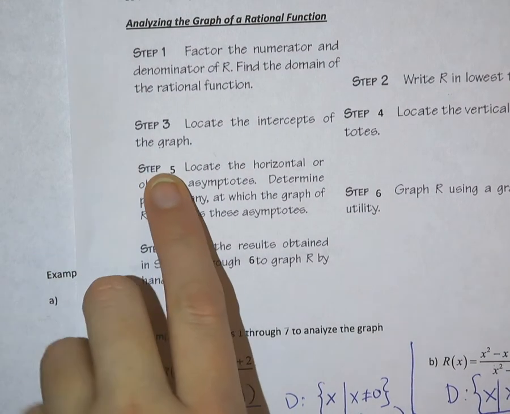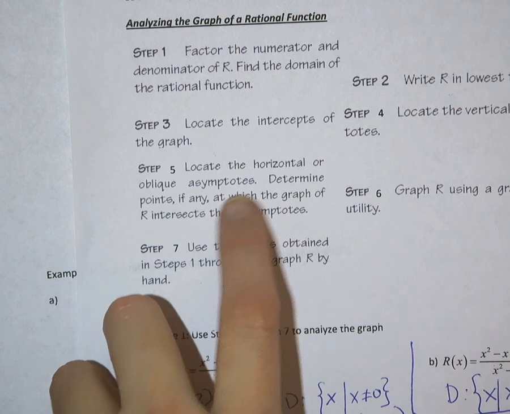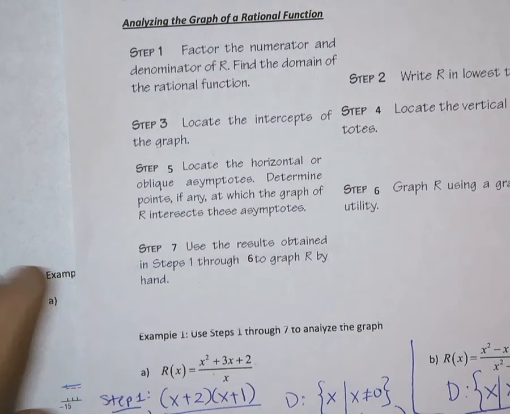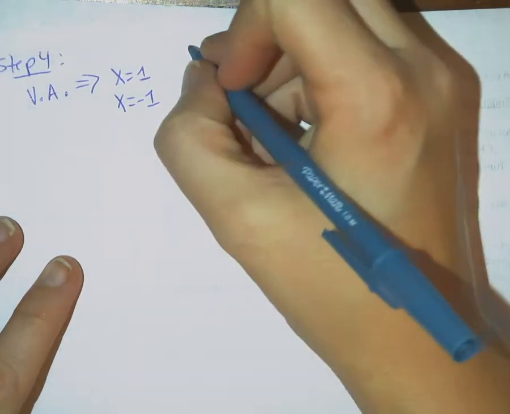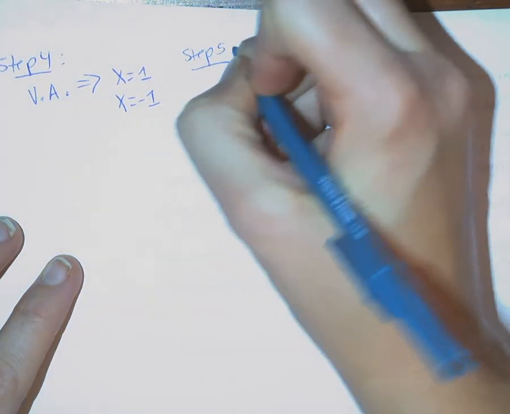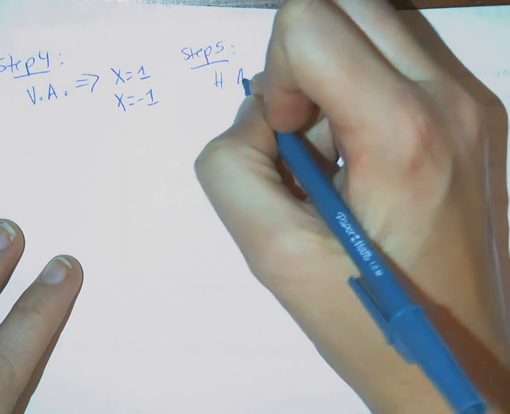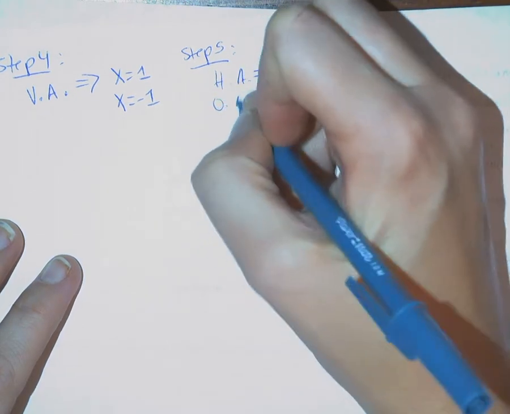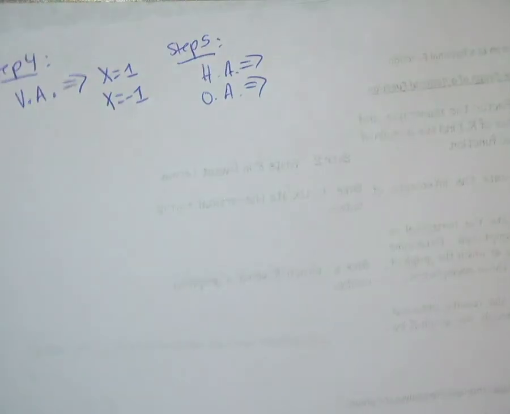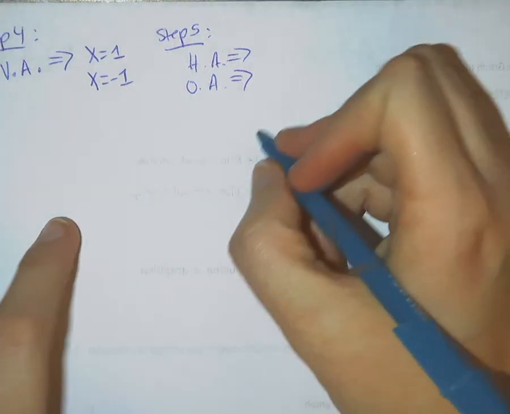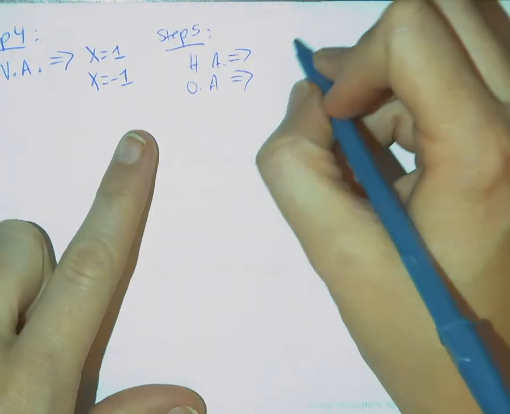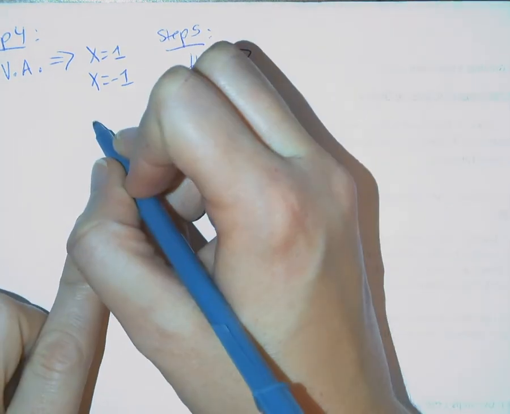Step 5, first part, is to locate the horizontal or oblique asymptotes. Okay, so step 5. Either a horizontal or an oblique asymptote. Okay, so we decide if we have a horizontal and oblique asymptote depending on the degrees of our numerators and denominators. So if we remember, our function was